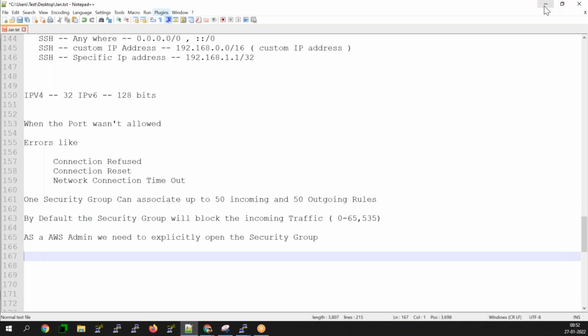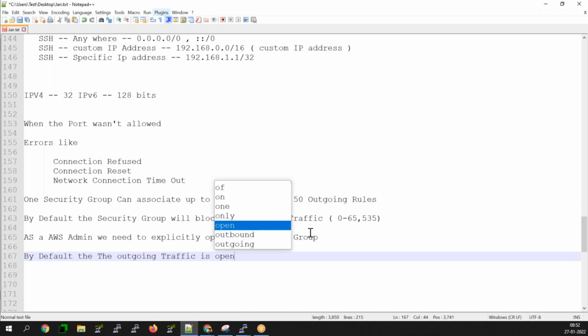Now here, outgoing traffic from your respective resources to the outside world, by default it is open. Right? Outgoing traffic by default is going to be open actually. By default, the outgoing traffic is open,